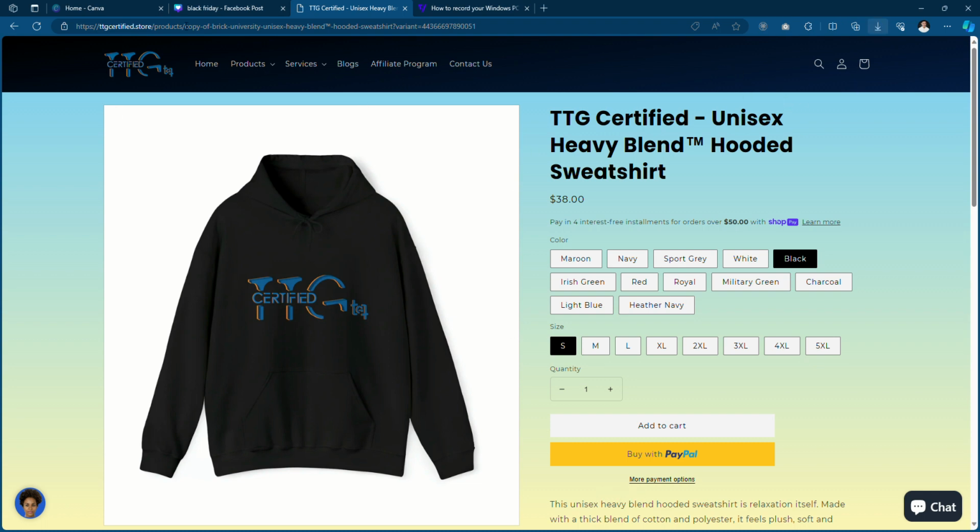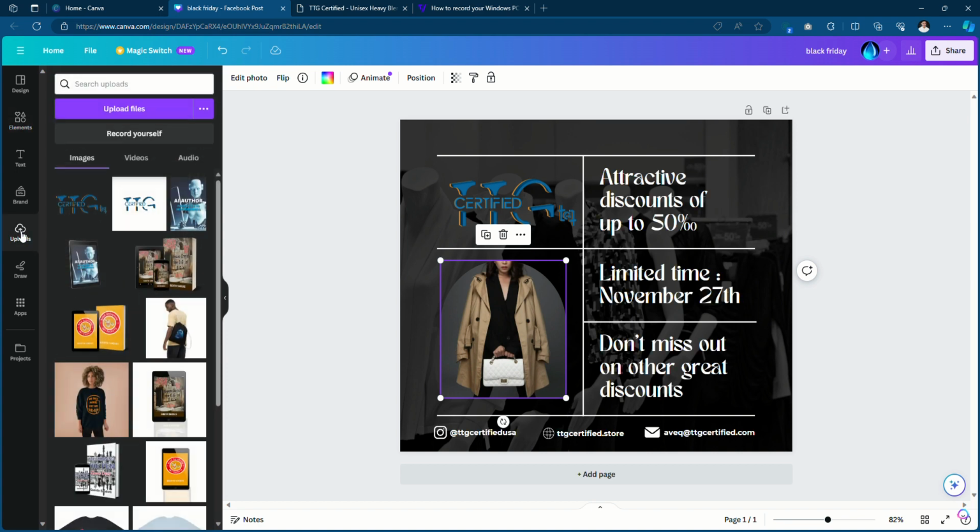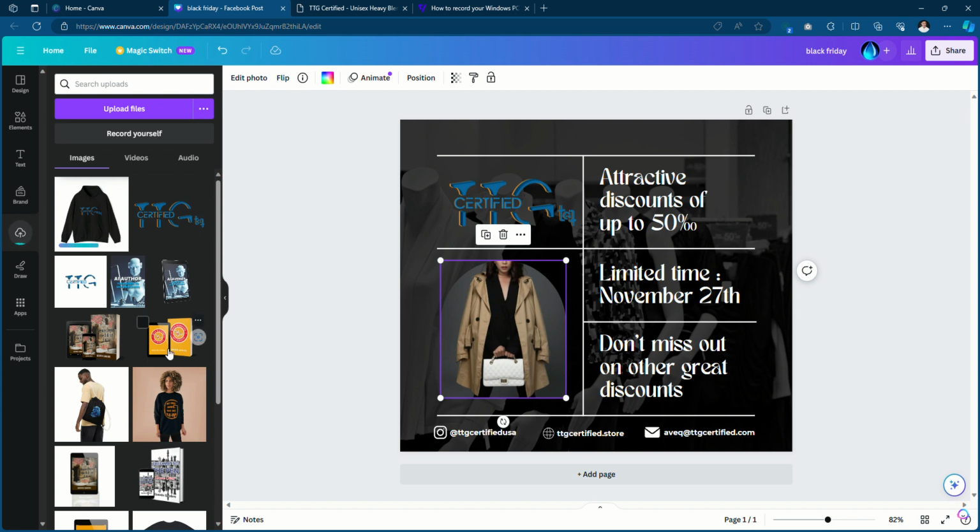Then it will be downloaded. Then after that we can upload it here, upload files, then download, then click the image. So it is now uploading.